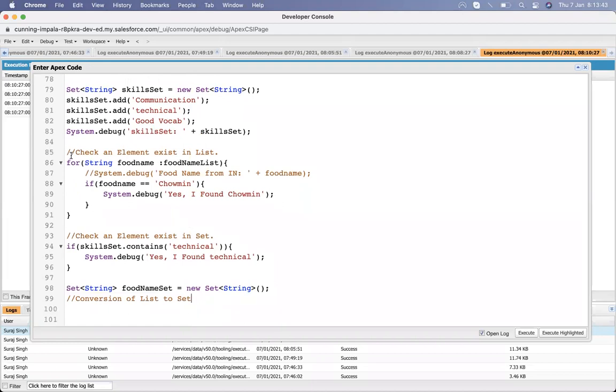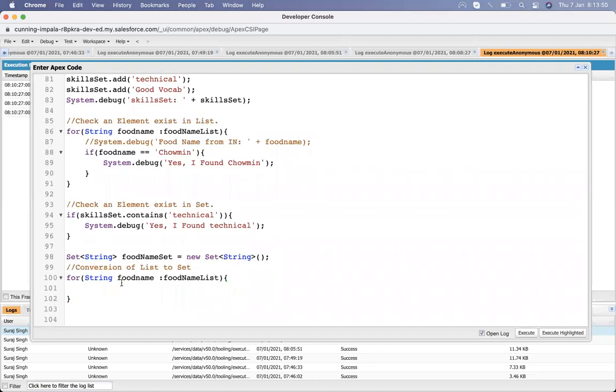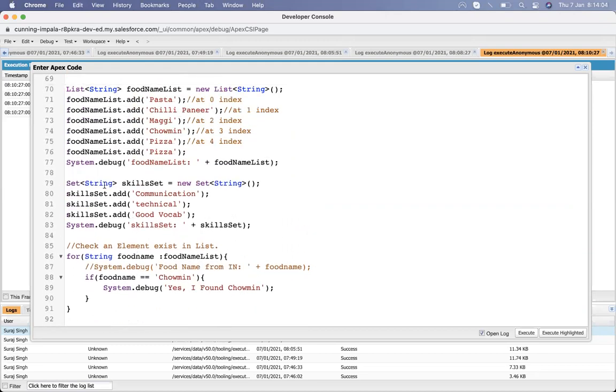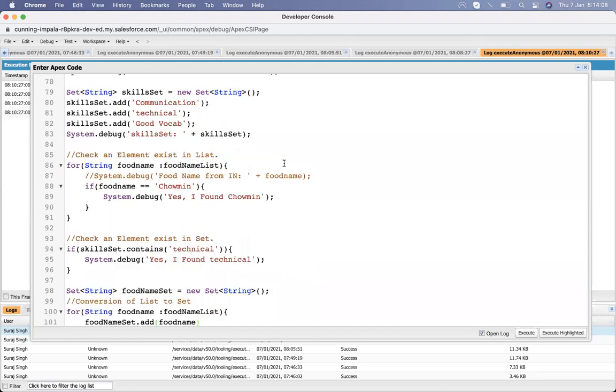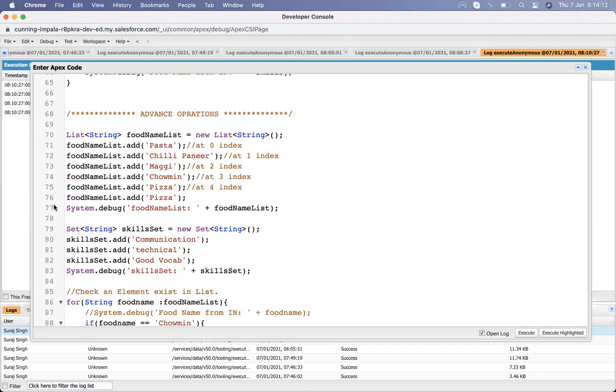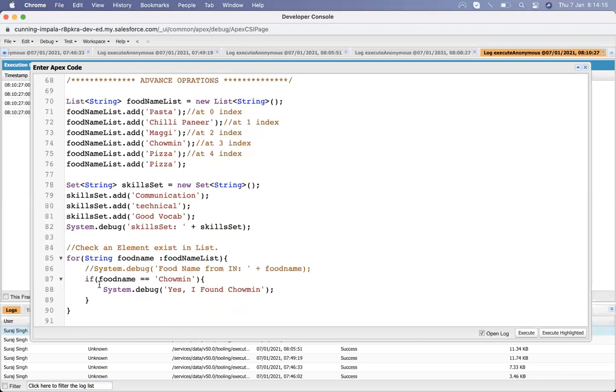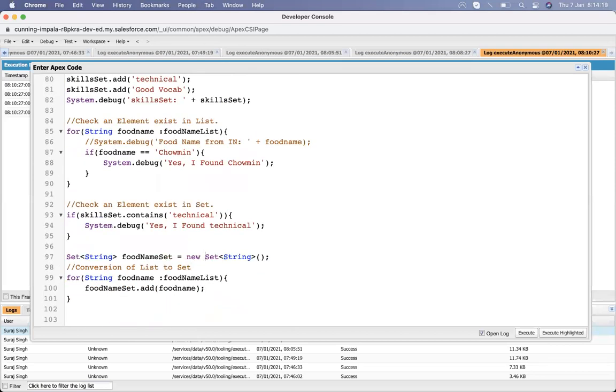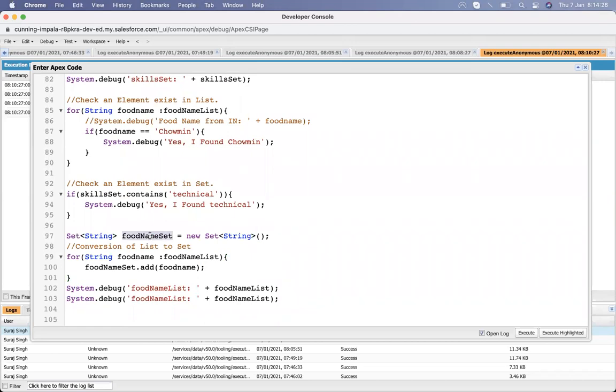Now I need to run a loop on the food name list and add those values one by one into that set, and then we can print it out.